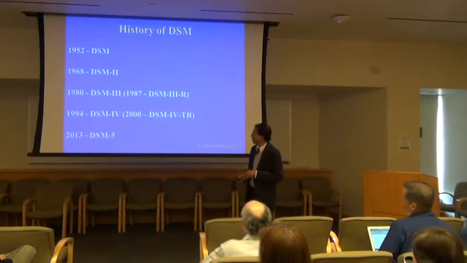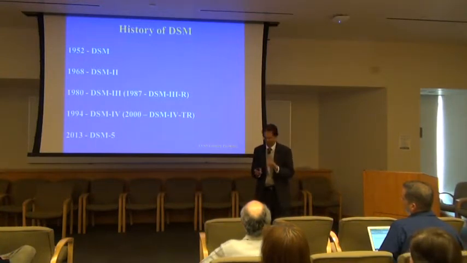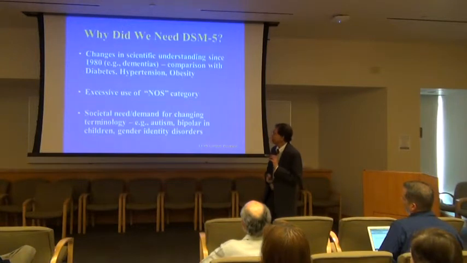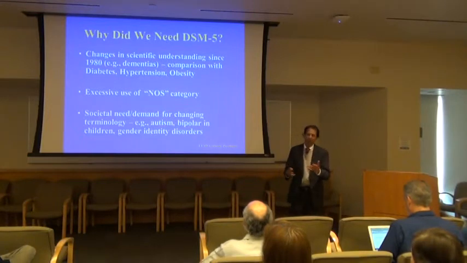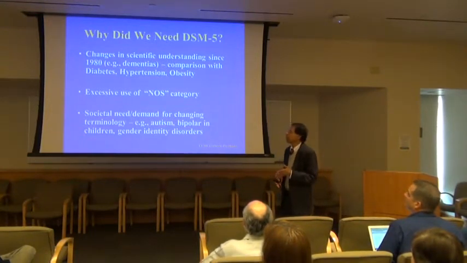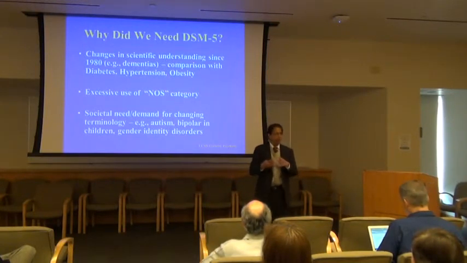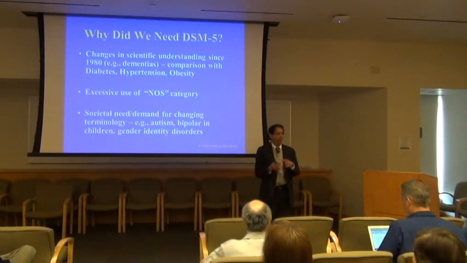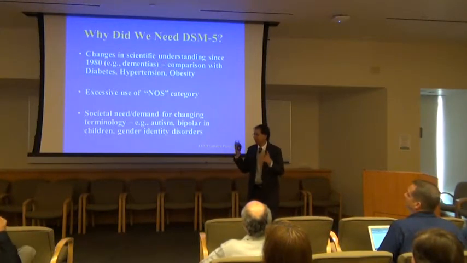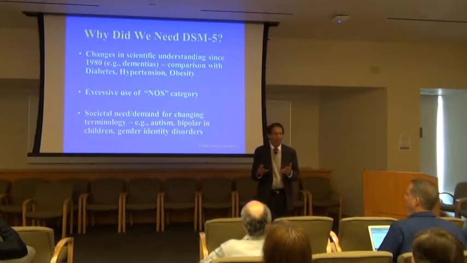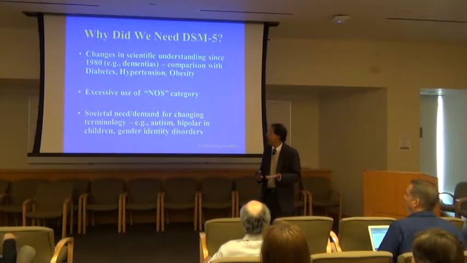The DSM-4 came out in 94, and really the goal there was not to make changes in DSM-3 unless they were absolutely essential. Okay, so why do we need DSM-5? Until recently we were using, or still in some places we are using, DSM-4, which is really based on DSM-3, which was published in 1980. That means we are using diagnoses and criteria that are based on the science from the 1970s. Clearly, in the last so many years, remarkable changes have occurred. We know much more about mental illnesses, so how can we continue using the same criteria?